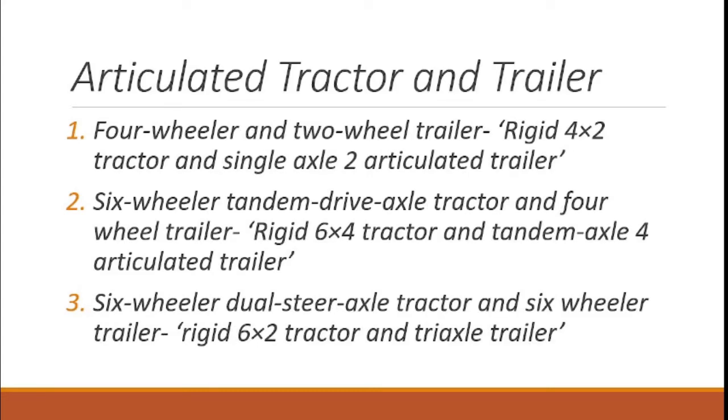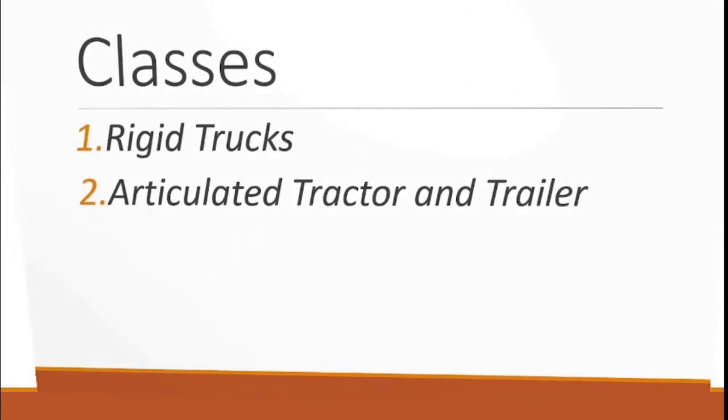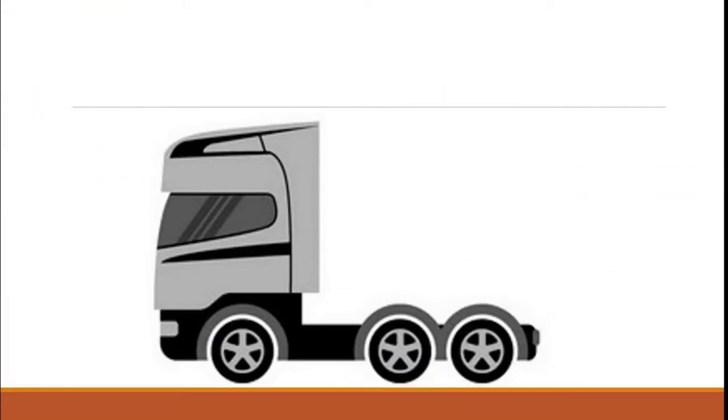Then we have articulated tractor and trailer, where we have a 4-wheeler and a 2-wheel trailer. That is arranged 4x2, a tractor with a single axle and an articulated trailer. So arranged 4x2 means that the rigid tractor, the front there, this one, this is a rigid